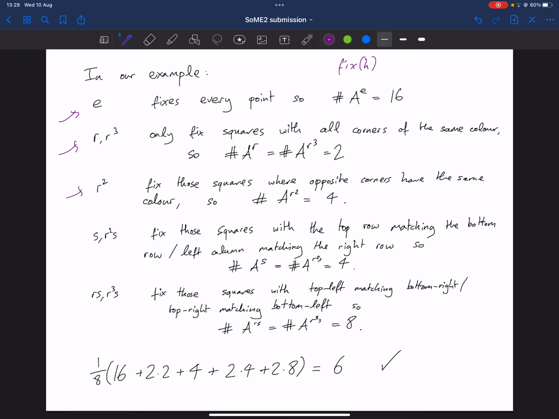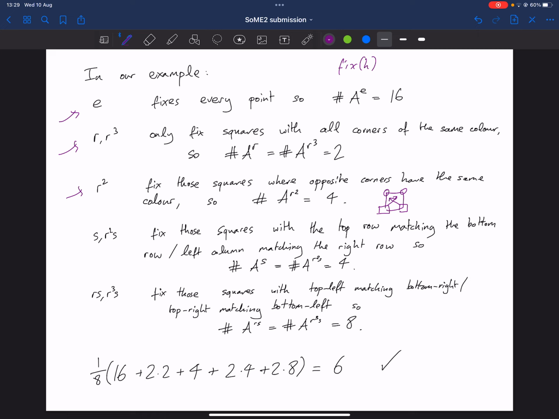And then we had the rotation by a half turn, R squared. That fixes squares where opposite corners have the same colour. We can think of that as saying we choose a colour for the top left, we choose a colour for the top right, and then in fact the bottom right must be the same as the top left, and the bottom left must be the same as the top right. So we've made two choices. For each choice we had two options, so it's 2 to the 2, or 4